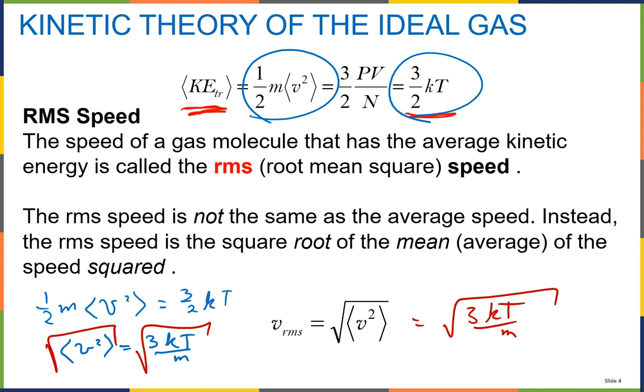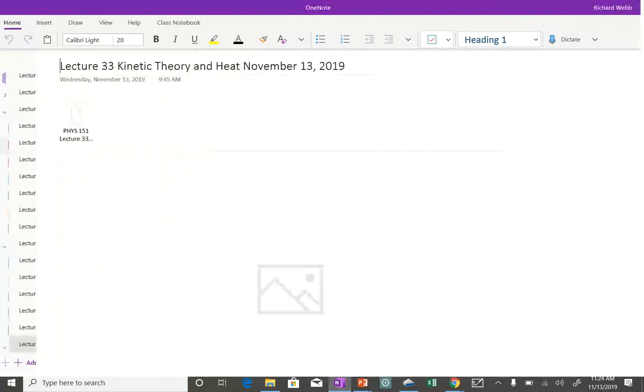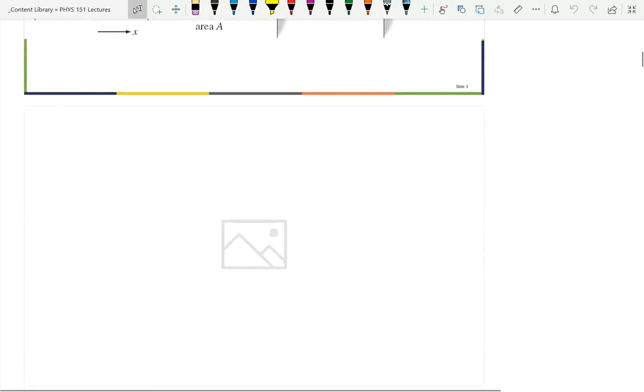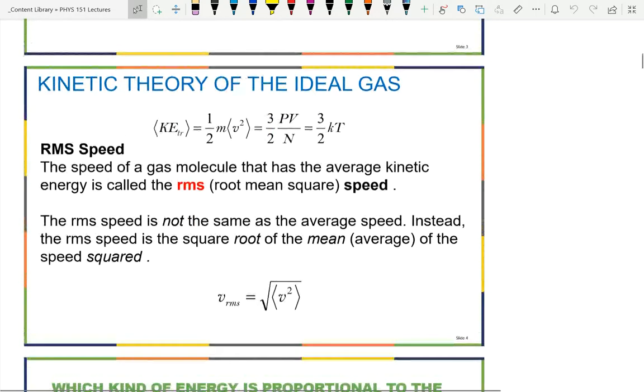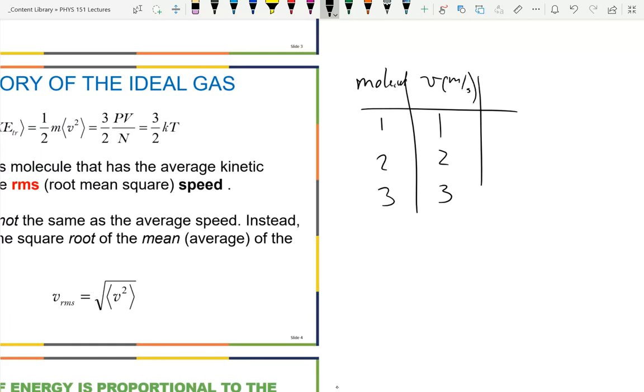I don't have space to do this, so I'm actually going to change to here. Go down. We're at least 3 slides in. Let's suppose that we have 3 molecules, 1, 2, and 3. And we have the speeds that are also conveniently 1, 2, and 3. Units of, I don't care, meters per second. And so speed squared,